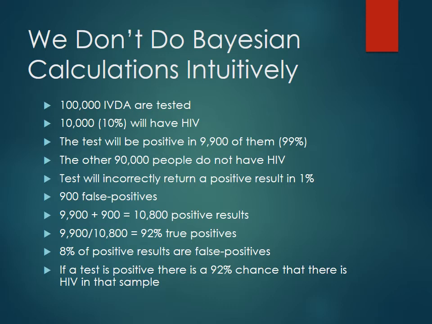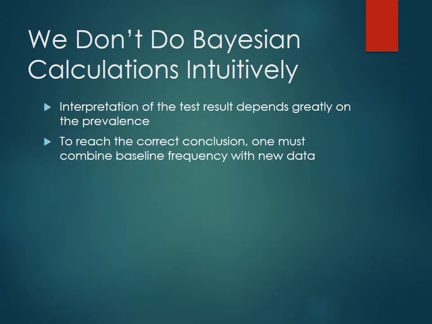So again, based on the population you're looking at, having a positive result in this test means something totally different, right? In which case, if you have this group, maybe you don't need to do confirmatory testing because you're much more likely to have really gotten a good result on that first one versus the otherwise healthy population. Just to give you an idea of how you can imagine reading the results in the literature, you need to look at it with a fine-tooth comb to suss out these kinds of details. So again, when you're using these Bayesian statistics, it's important to remember to incorporate the existing data that you already have, that's the population data and the incidence of HIV, versus the new data coming in to compare it to.